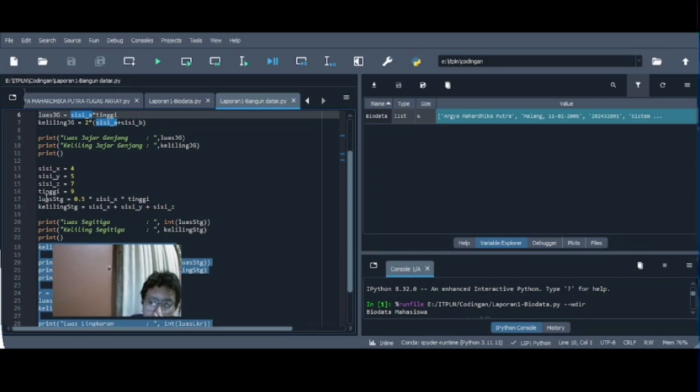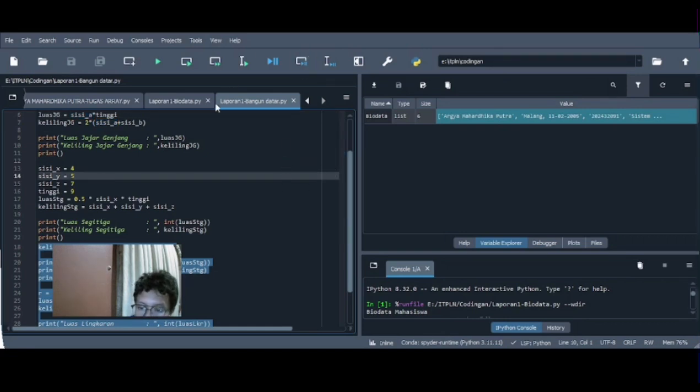The area of the triangle is calculated using 0.5 times base times height, and the perimeter of a triangle is the sum of all sides.